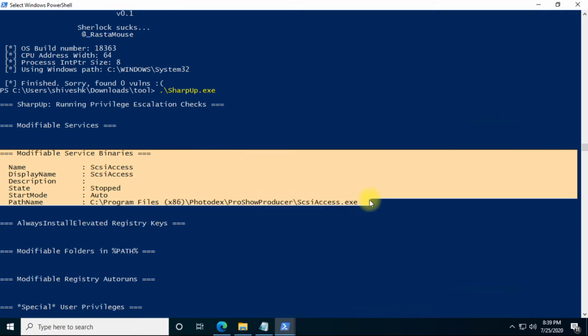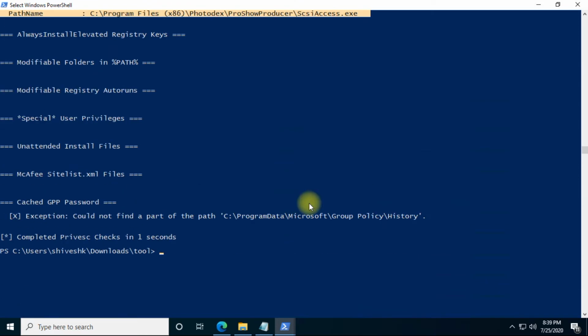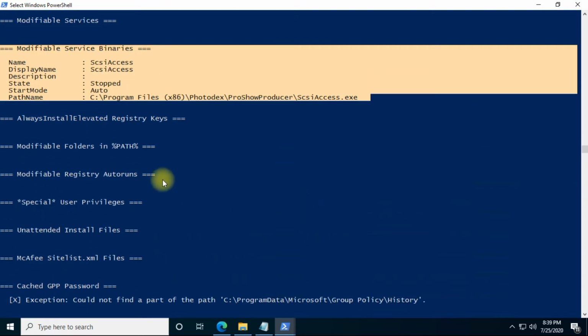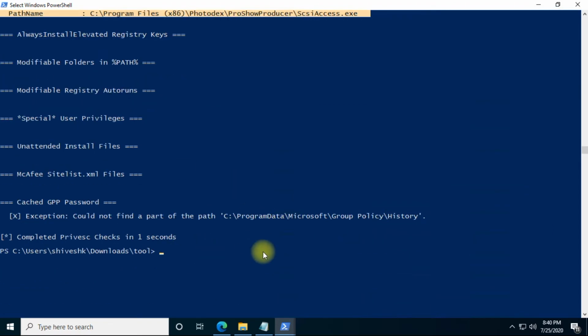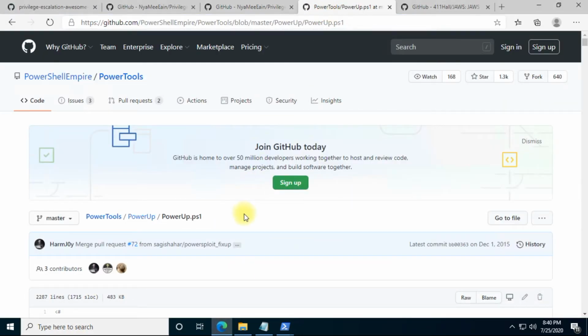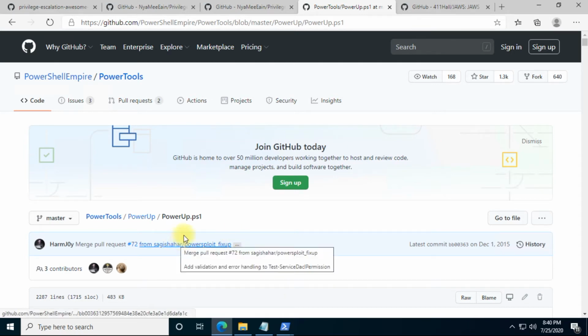Now we'll go for PowerUp, which is my favorite tool. Whenever you have a local privilege shell and a PowerShell session, you can go ahead directly with this. Even if you have a command prompt session, you can go further with PowerShell. This is a preferable tool. You're not getting as much output as you get from WinPEAS, but still a better output. I have already run this.